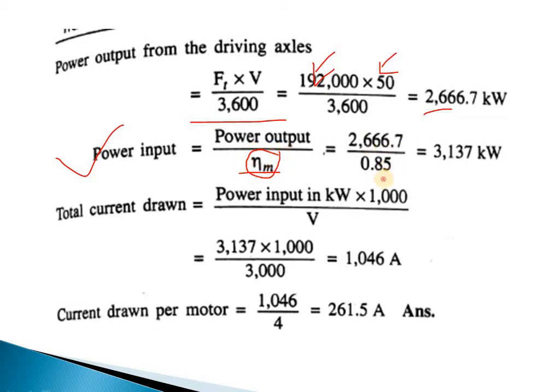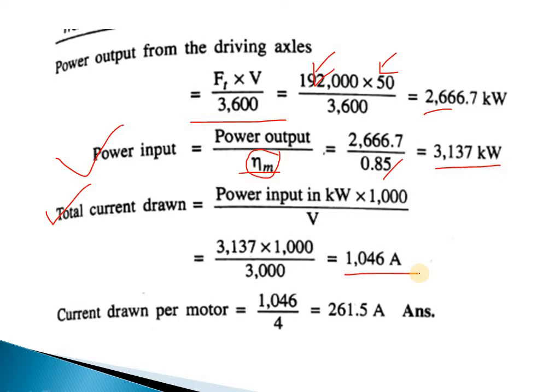So we have put that value, and the power input we have calculated is 3137 kilowatts. Next, the total current drawn will be power input in kilowatt into 1000 divided by V, the velocity. So we have put all those values and we have calculated the current,